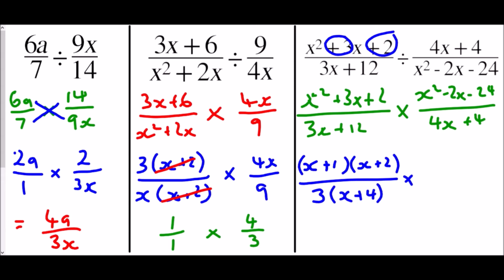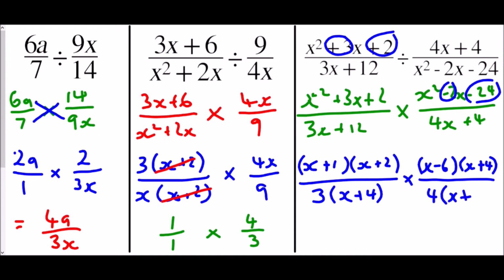On the right hand side, again the numerator is going to be a double bracket, and I'm looking this time for two numbers which will multiply to make negative 24 but add to make negative 2. Well in this case that's going to be (x - 6)(x + 4), and at the bottom 4 brackets